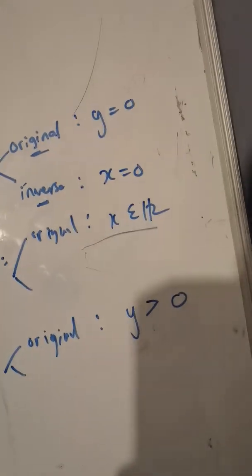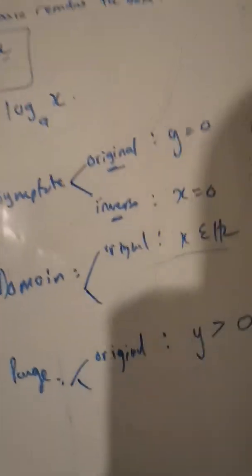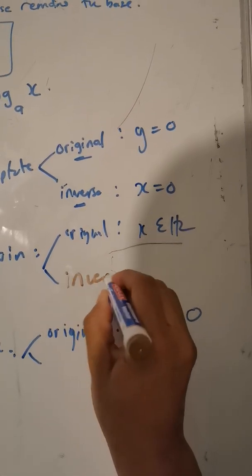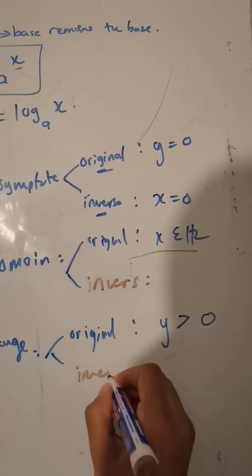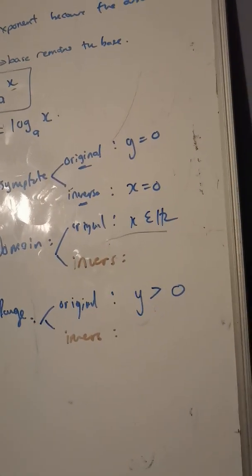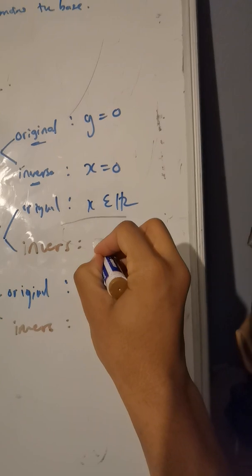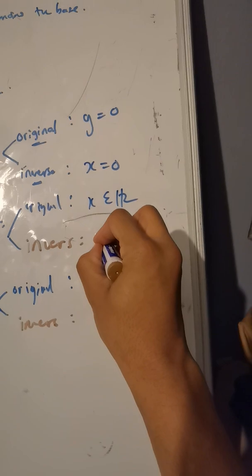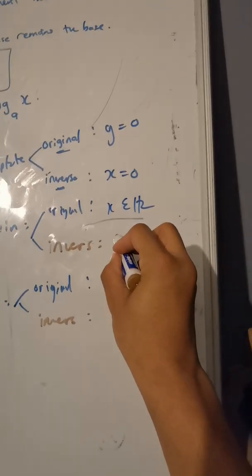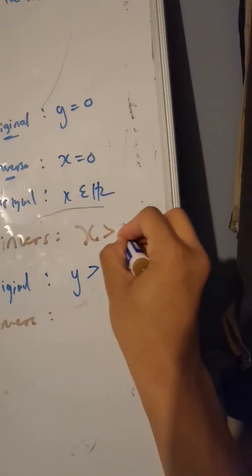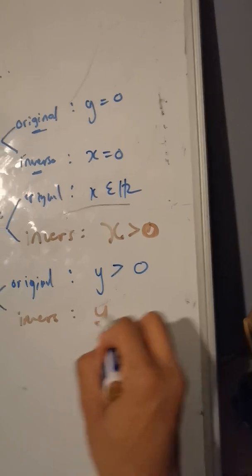Y can't be equal to 0 because y equal to 0 is the asymptote and the graph does not cut the asymptote. Now for the inverse, it's very simple because all that you have to understand is that the domain becomes the range and the range becomes the domain. So for the inverse, the domain is all the x values. It will be x is more than 0, and the range will be y is an element of